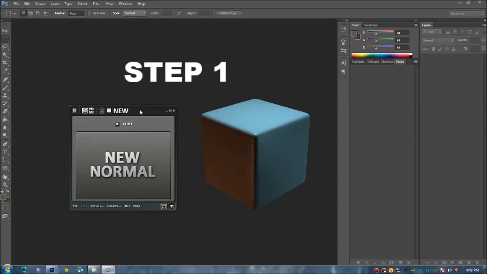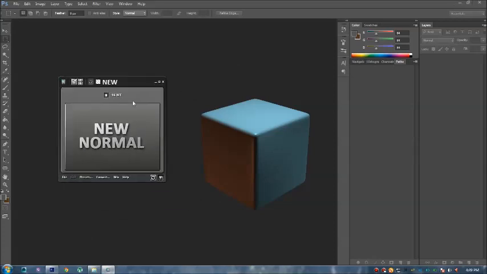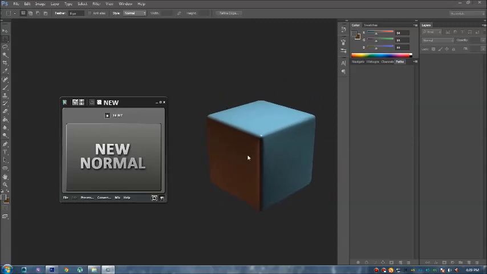Okay, so when you open Endo2, Photoshop will automatically open as well. Once both programs are opened, the first thing you'll see is a create menu box and a preview cube. The preview cube is basically a 3D model that allows you to see the changes you make with Endo2 in real time. This can be very convenient as you're able to pan, rotate and change the light source of